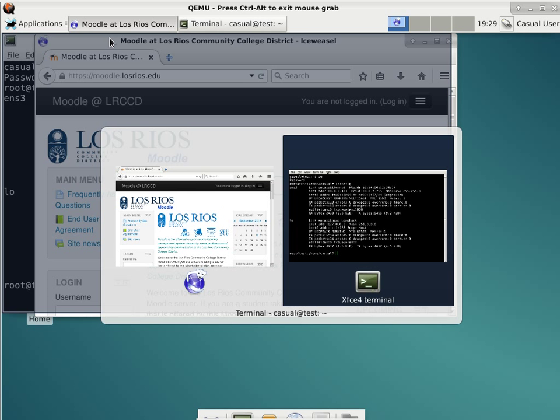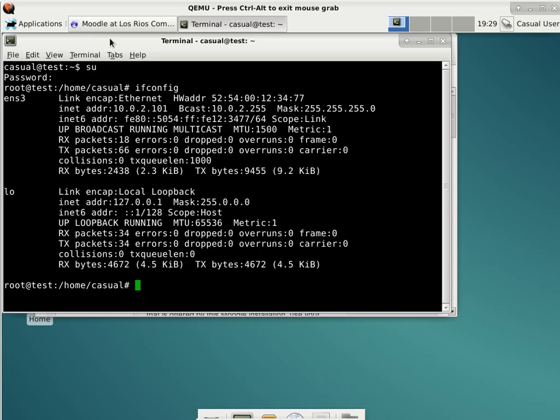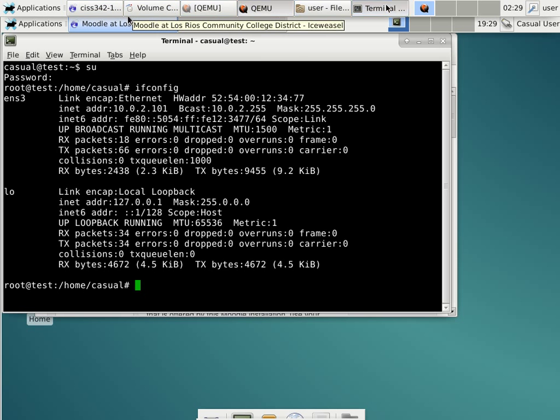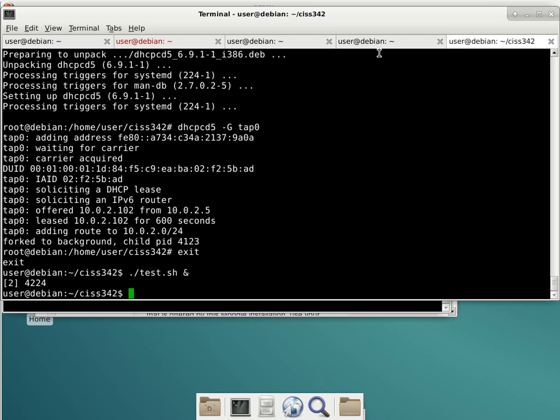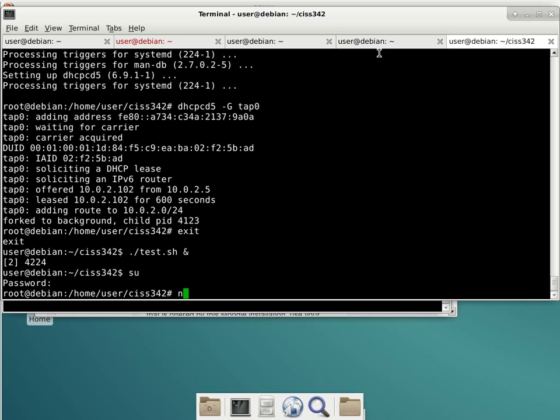I'm just going to run one little thing just to verify. Your homework assignment is more involved. I'm just doing this as an illustration. So I'm going back to a command line of the host environment itself, and I'm going to run Nmap 10.0.2.101. So now I'm running a port scan, not to the live environment or the host itself, but to the guest environment that I have just started, the virtual machine.